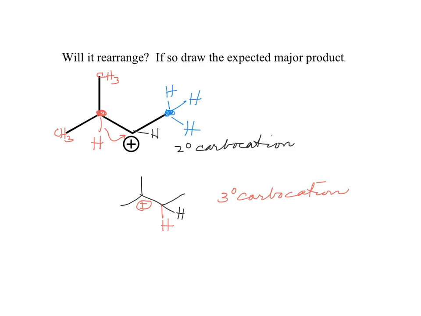We're having a migration of the pair of electrons over with the atoms. So here we have a hydride migration. That pair goes over to the carbocation. You can have an alkyl group also with a pair of electrons, and you can also do benzene with a pair. So they don't have to be right next to